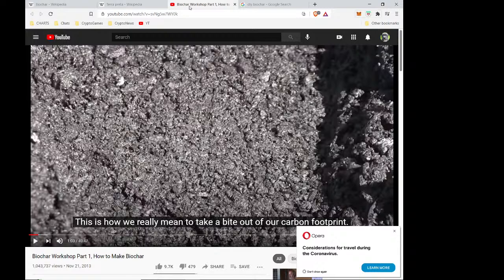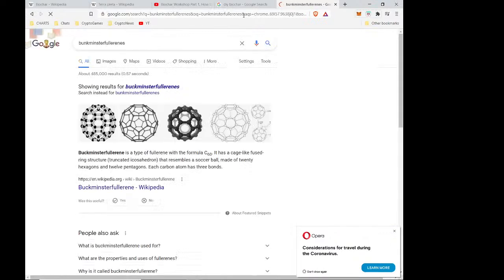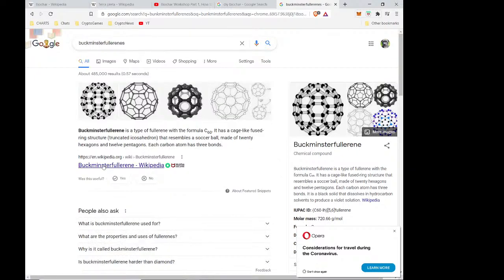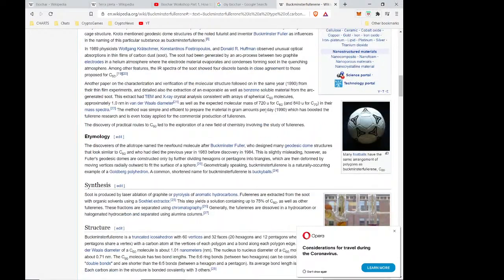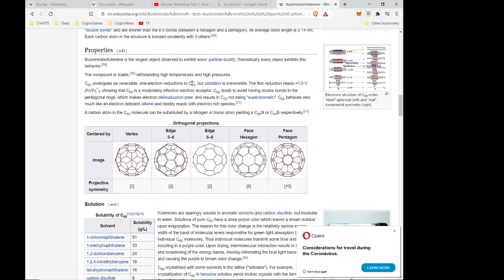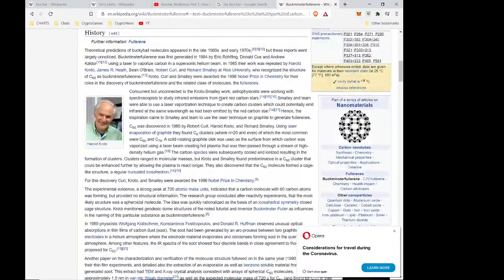The carbon Buckminster fullerenes, the 666 molecule. Whoa. How did I misspell that? Anyways. Oh, Buckminster. So this is carbon. This is the latest discovery in life extension technology. It is C60. The reason why I call it the 666 molecule is because it's got hexagrams inside of it. It's C60 carbon. And a person can live forever if they administer this intravenously. Let's look at...